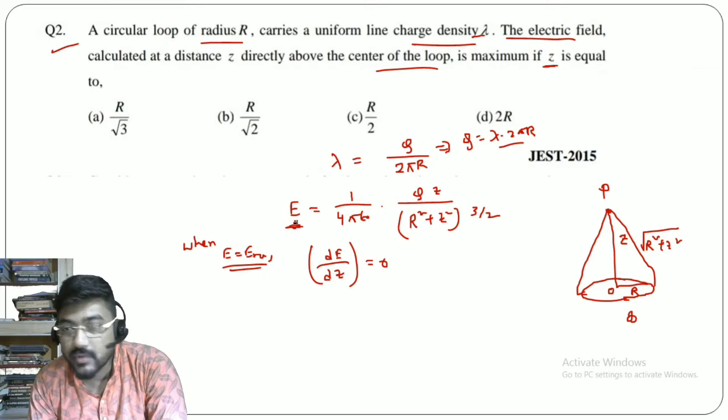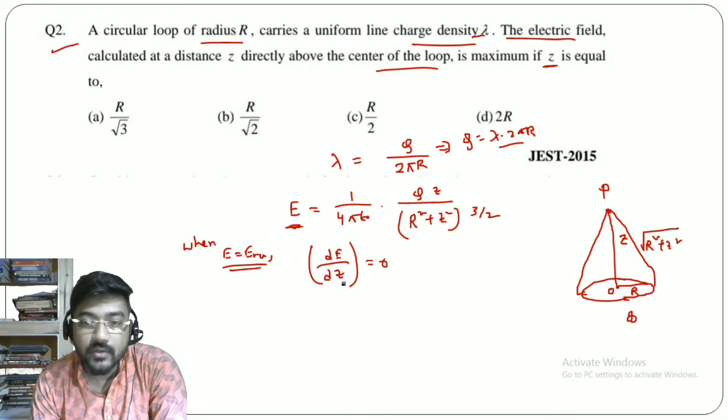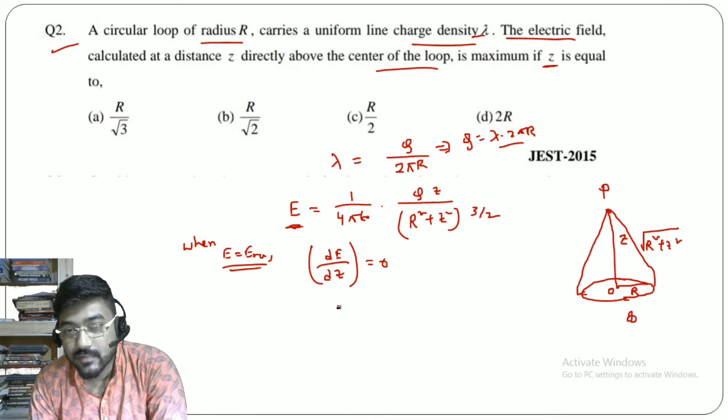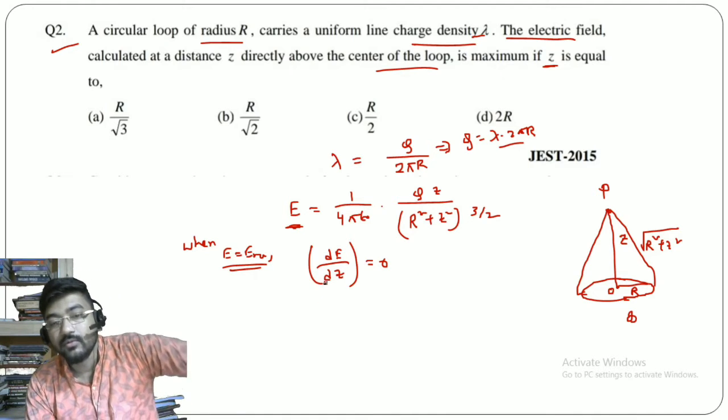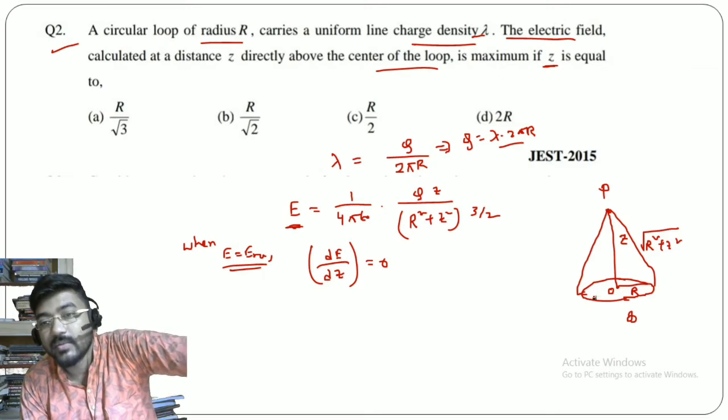know the minimum value of E actually. The minimum value of E will be at the center, at z is equal to 0. Okay, at z is equal to 0, there will be minimum. So whatever condition we get from this expression other than 0, that will obviously be the maximum condition. So we don't need to do the second differentiation. That is necessary for a mathematical problem to understand whether the point is maximum or minimum. But here no need to do this, because we know the minimum point.